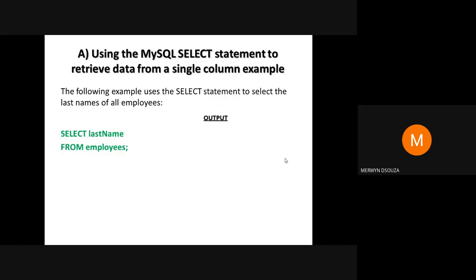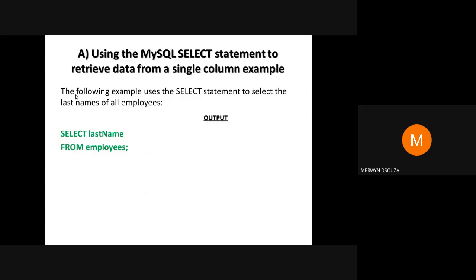So let's write our first query to select data from a single column. This is an example that will select the data using the MySQL select statement from a single column. In this example, we are going to select the last name of all the employees present in that table.